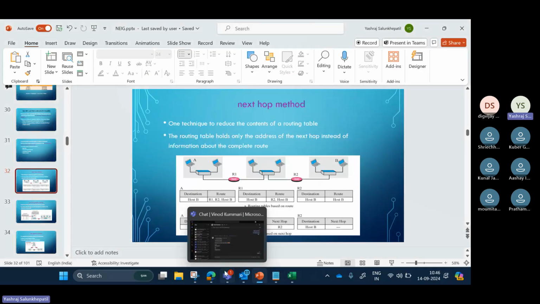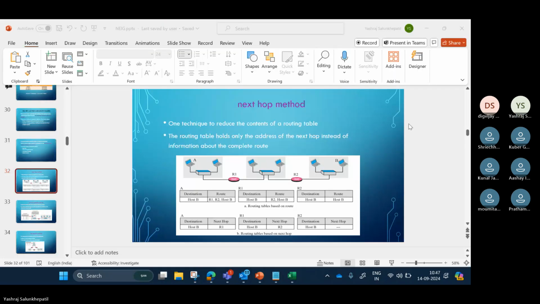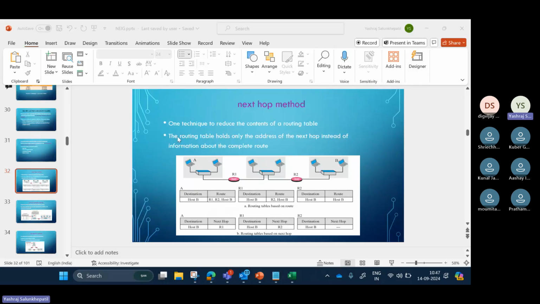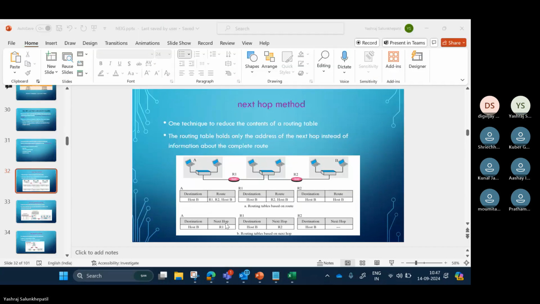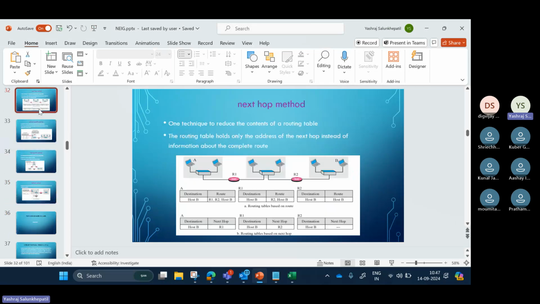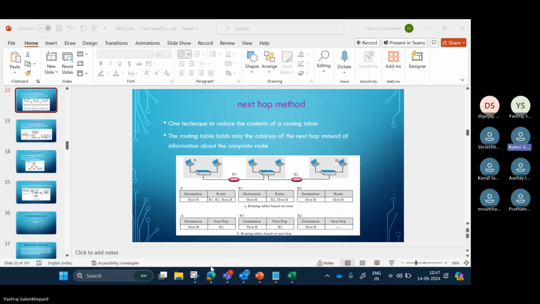Okay. Why is it not changing? It's weird. Something seems to be wrong. Okay. Is my screen still visible? Yes, sir.